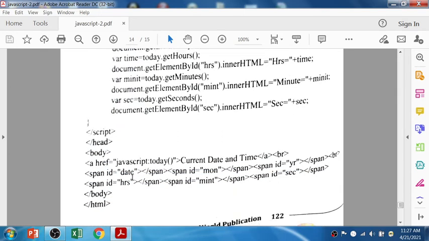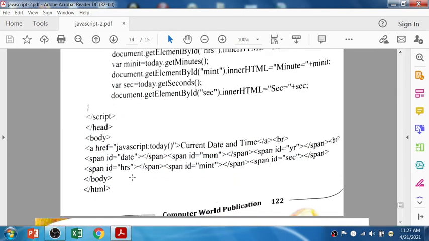Let's see the output. See, the reference which you can see is the span id date and hours, and span id year, second. See, the date, month, year, hour, minute and second.